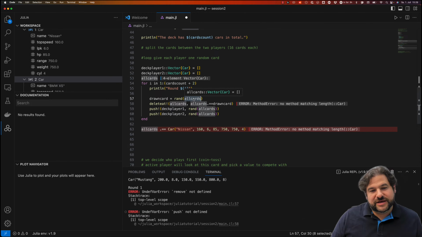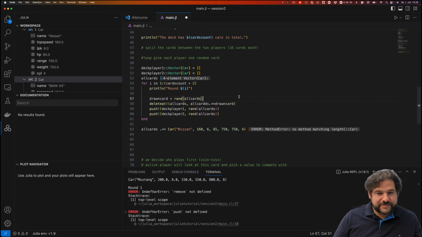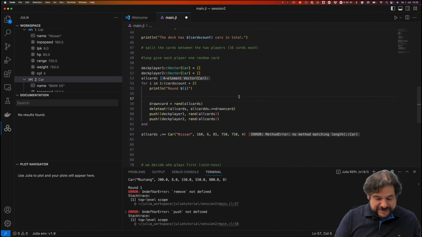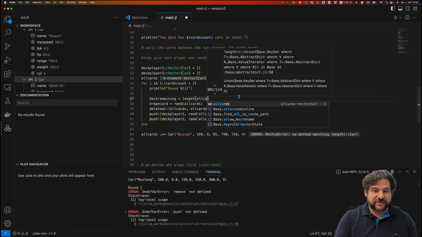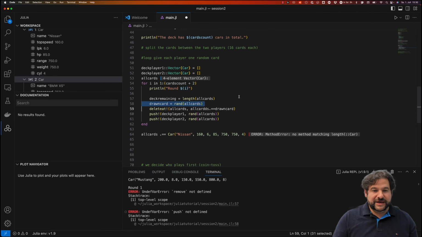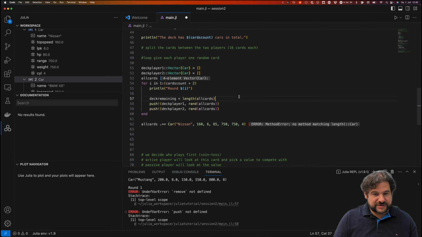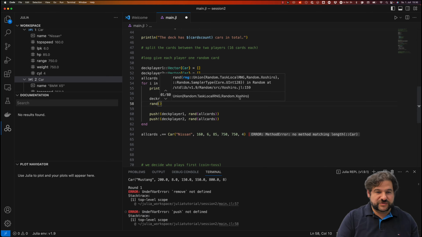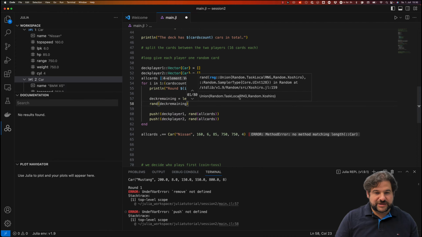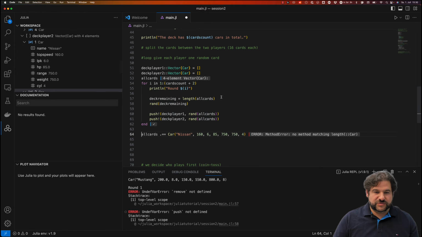So what we do here is, let's do it like this. We first see how many cards are there in the deck. So deck remaining is the length of all cards. And we then, let's remove that. What we want to then do is we want to pick one of those. So what we do is random deck remaining. So what this does, the first thing is here, well, let's just do this first line. This one basically says there's now 5 cards in there. Okay, I don't care. And what this does is it gives me